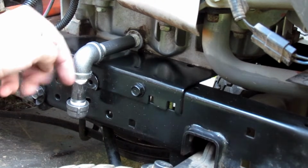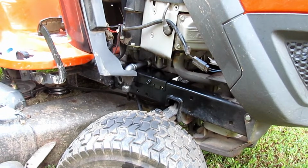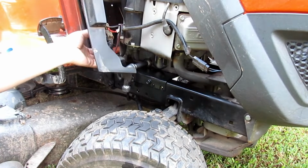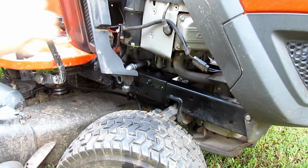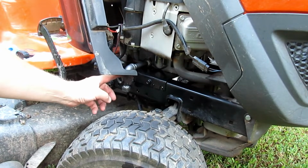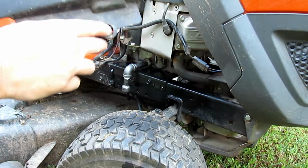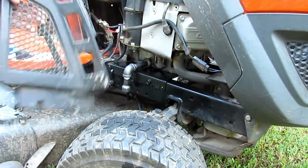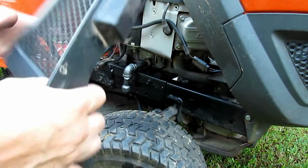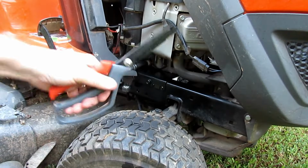Now what we have to do is make a relief in the cowling so that this doesn't hold that cowling out. It goes in here like so. You see, it's going to hold that out. So all I'm going to do is take my shears and cut a relief out up underneath here on the bottom of this cowling, because this little hole here that's supposed to hold it onto the frame, the rivet that they use for that doesn't hold it anyway, so I'm not missing anything by cutting that out. I've got a pair of shears that'll cut just about anything, and I'm going to